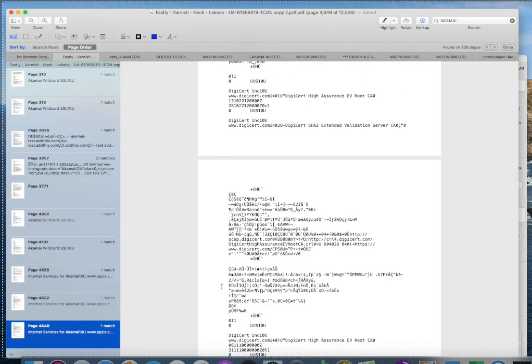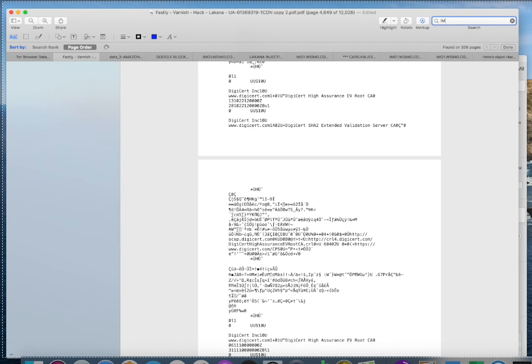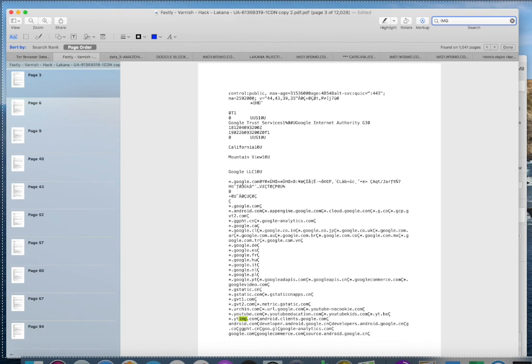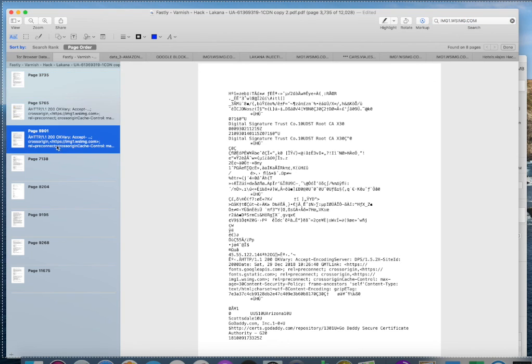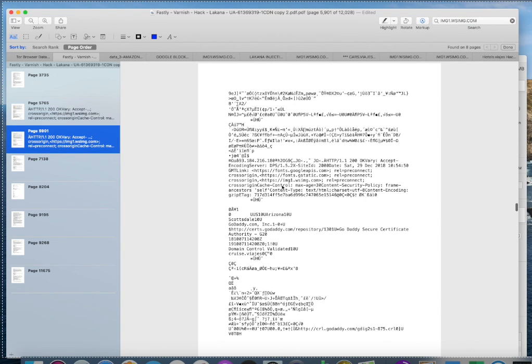So let's move on, because GoDaddy is using img1.wsimg.com, and that is how they're attaching the malware right here.